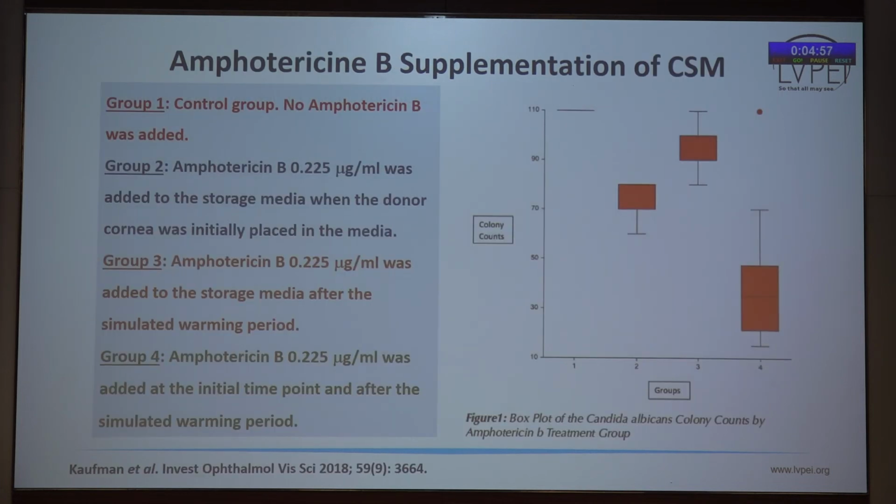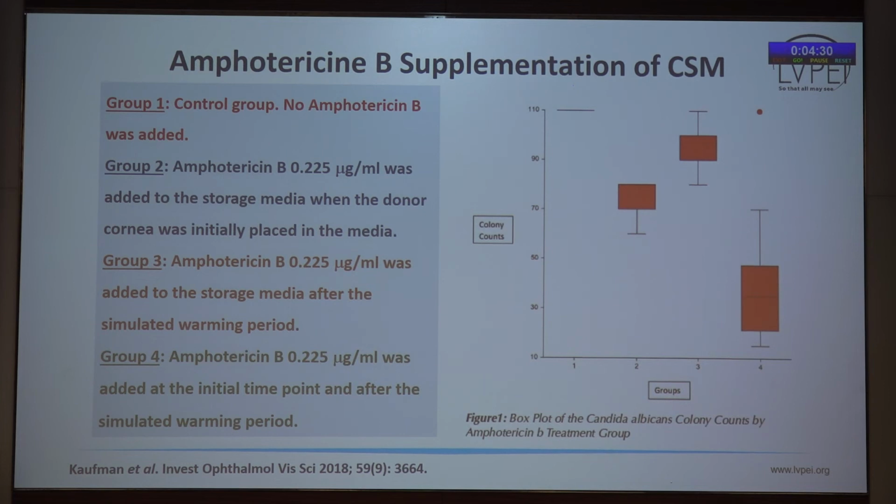So in this study, they added it at different points. One group did not add anything. The first group, they added it when they got the cornea. The second group, they simulated a situation where it is dissected, so when they prepared the dissected lenticule, they added it a second time. The third group got it twice, when they collected as well as when they prepared. One group did not get anything, and one group got it only when they collected.